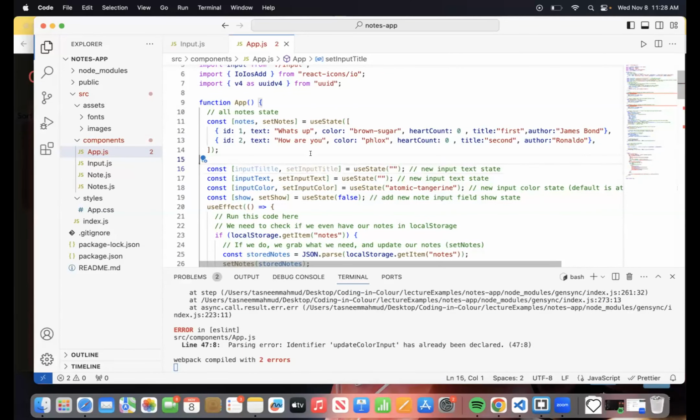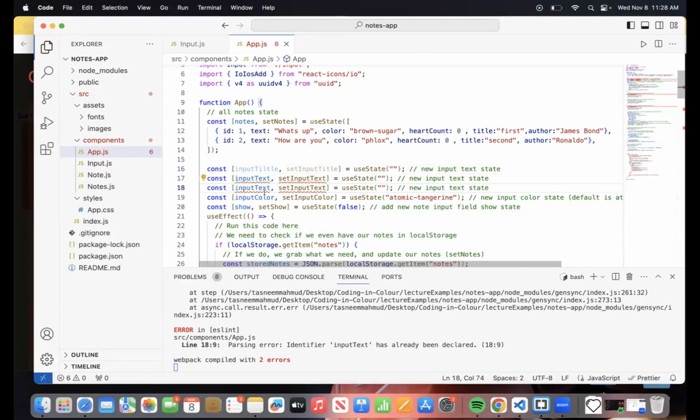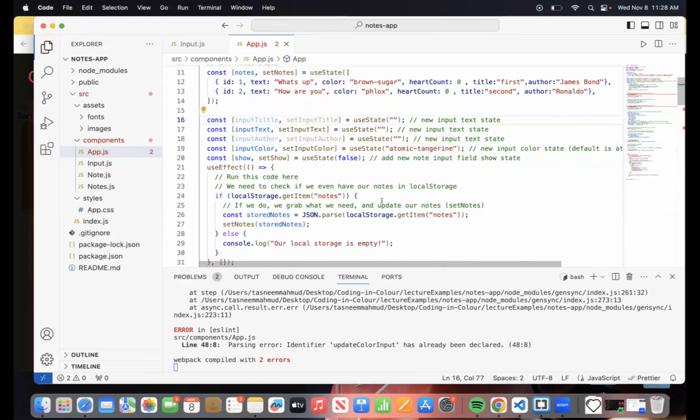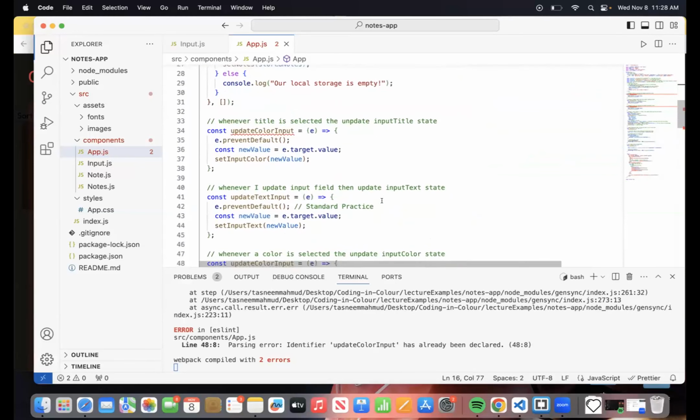Okay, now it's better. So that's for titles, and let's do one for authors. Let's put this as author and this as author as well. Okay, so the variables are created, that's going to store the values and all that. So let me change this. Update. What did I name that? Okay, let me just name this.